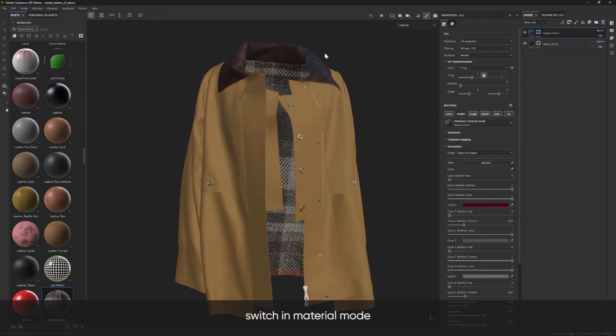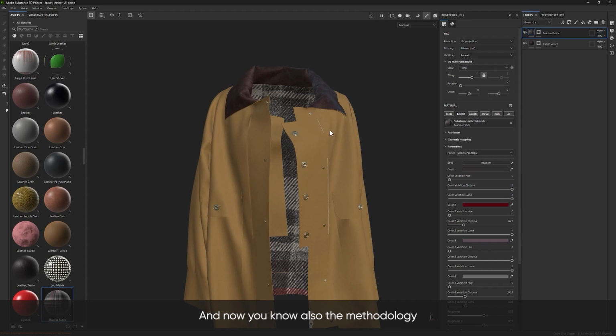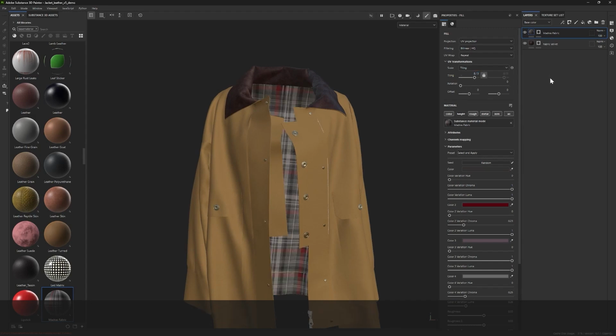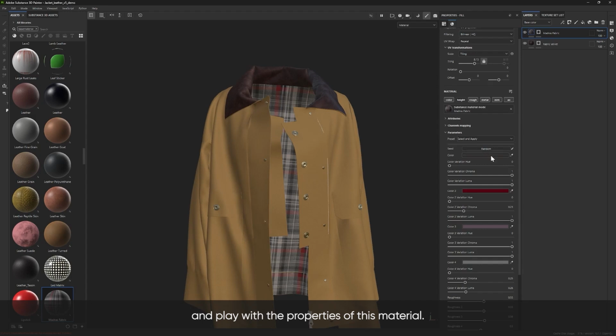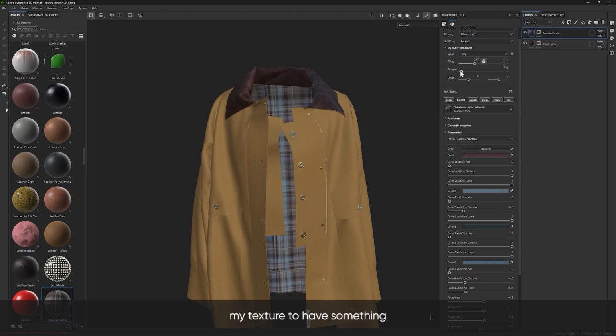Switch in material mode, and the material is assigned. And now you know also the methodology. You need to change over here the tiling and play with the properties of this material. I need to rotate a little bit the texture to have something straighter. So I'm going to use over here the rotation cursor and rotate a little bit my texture to have something